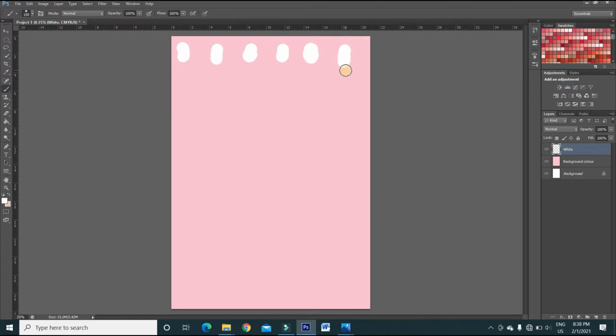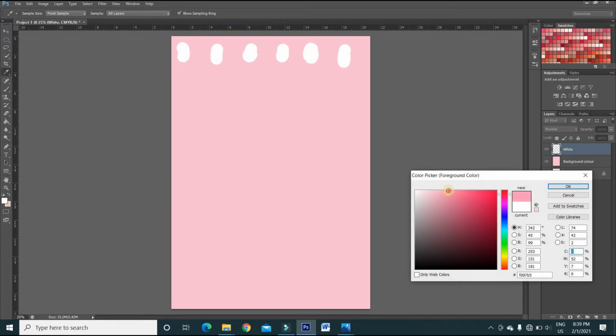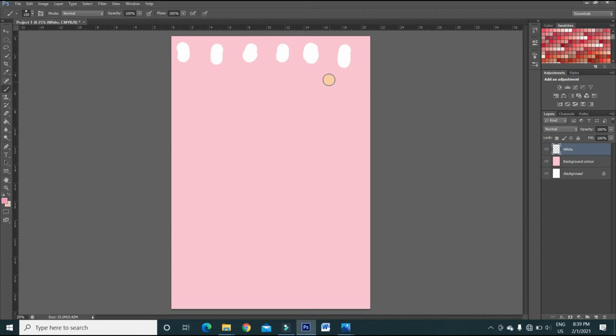And then I'm going to change the color to dark pink, and for the dark pink I'm again going to take a new layer, rename this as pink, and going to create a pink spot.